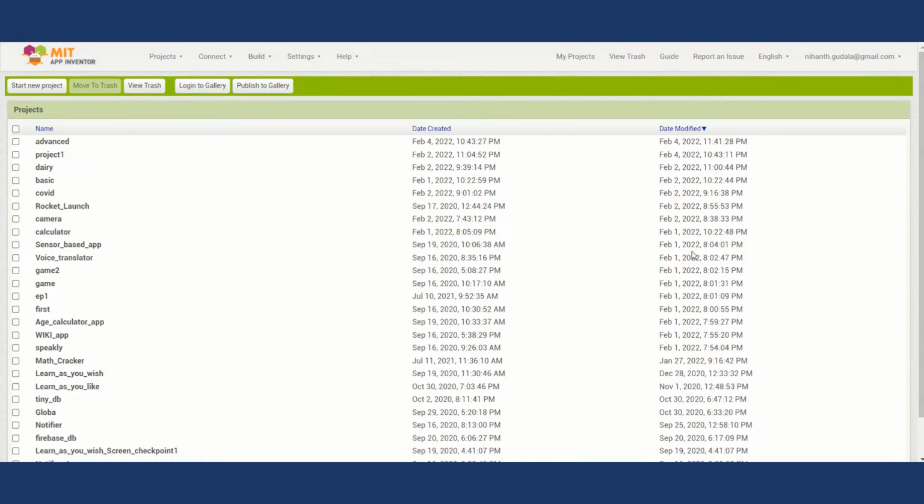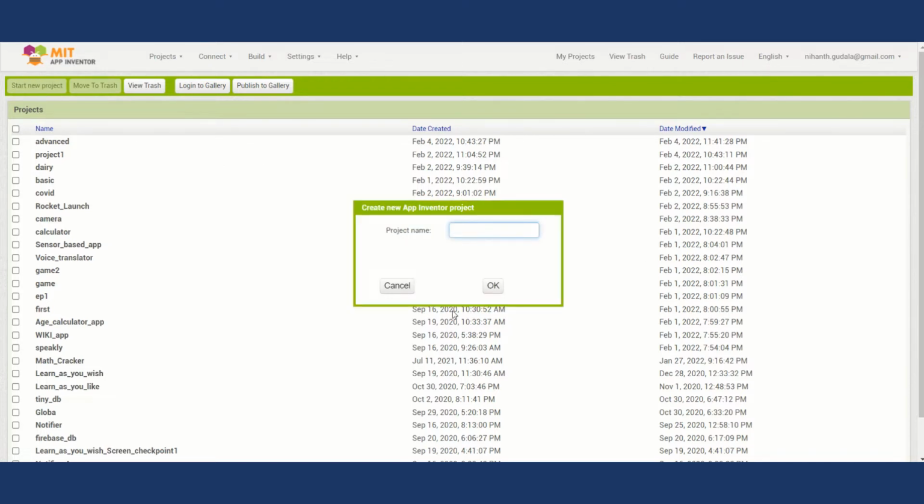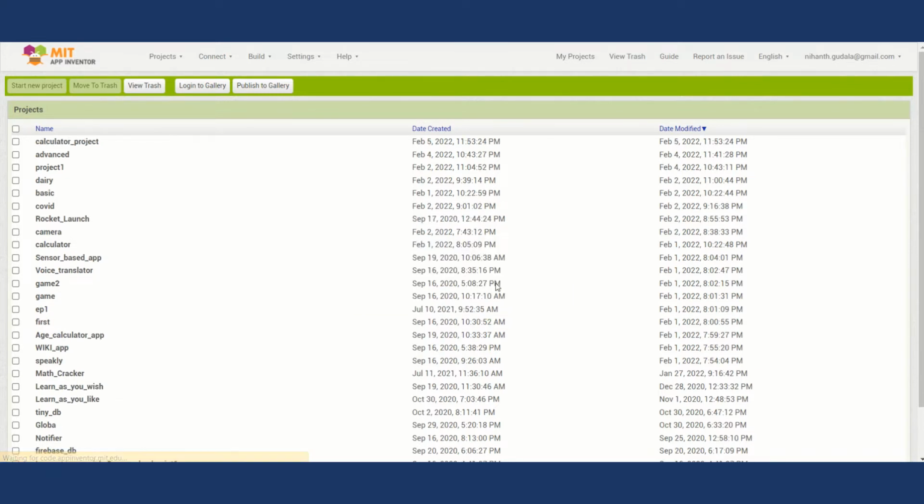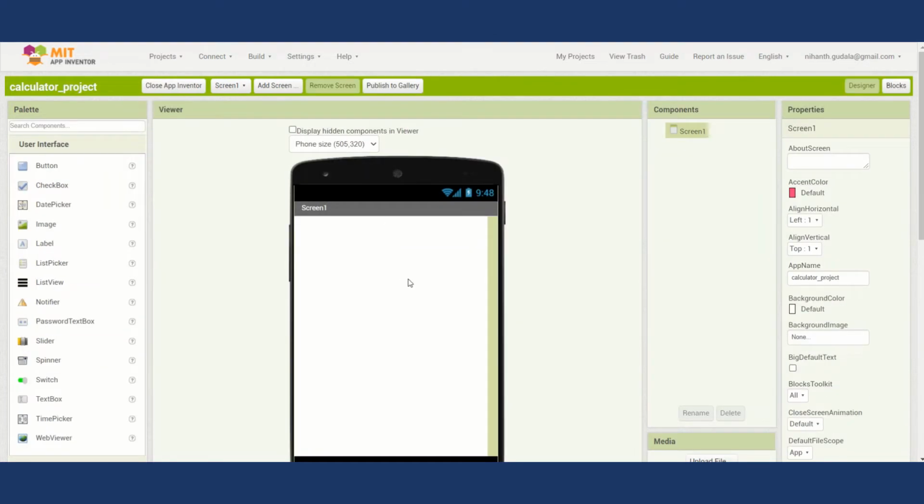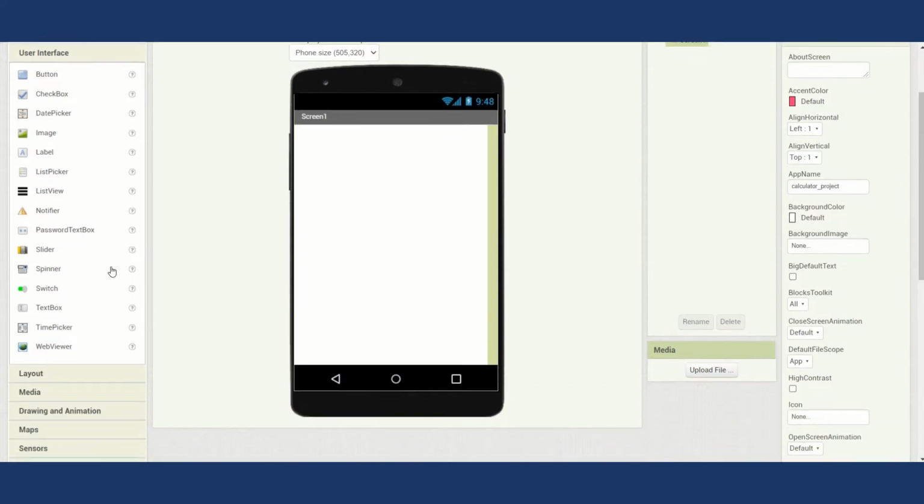This is my MIT dashboard. Now I am going to start a new project. Give it a name. Now the project is being created. Firstly, we need to import two text boxes to take the input